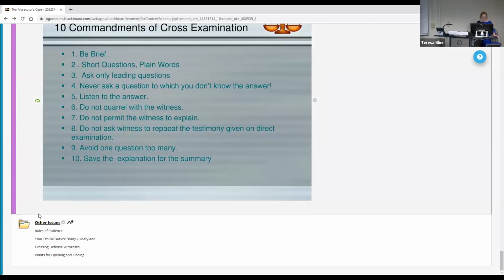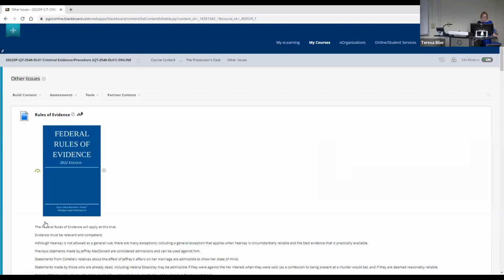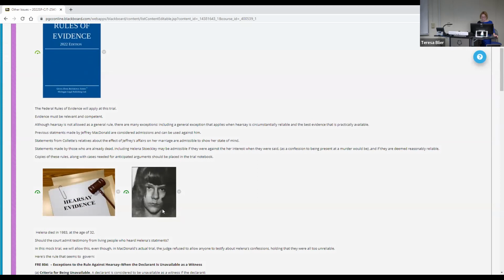Other issues that I thought were interesting in this case. One is the hearsay rule, because we're going to have, you know, Helena, this is Helena, by the way, okay? We're going to have some people talk about, she's dead. She's dead by the time our trial's happening. So we're going to have some statements that she gave to people. And, you know,